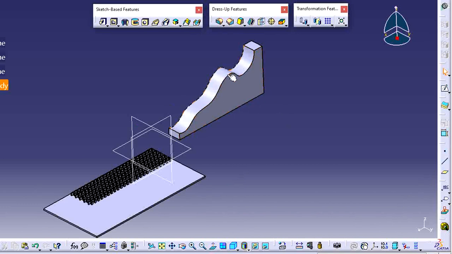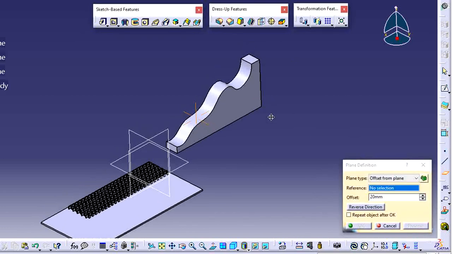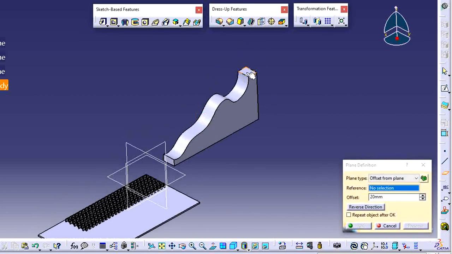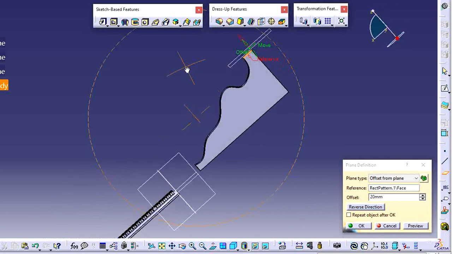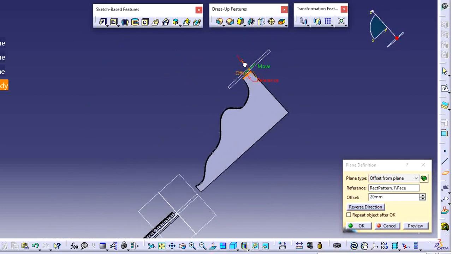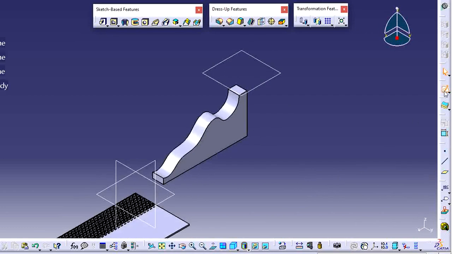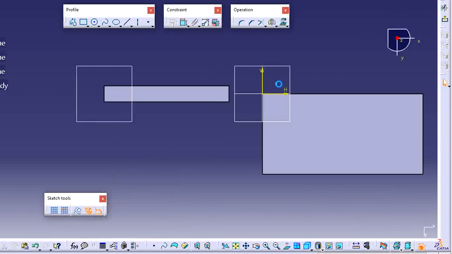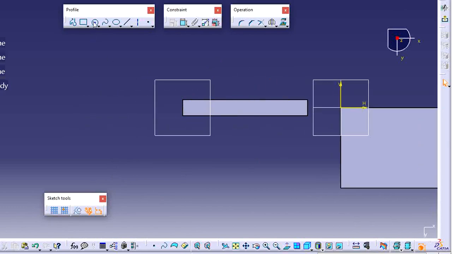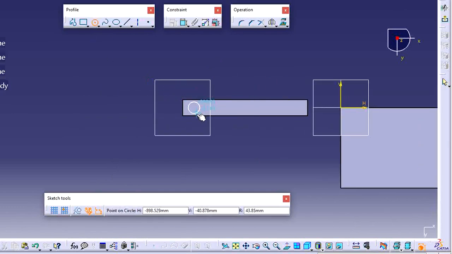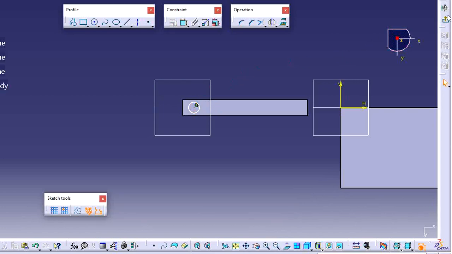See here we have one item. I want to create one circle item from this face, a little bit up, so I'm creating one plane here. Select plane and specify the reference face. I'm creating one plane from here at some distance. Specify your required position. Now I'm creating one circle here. Select the tool, select the required plane and next create that circle. Next exit.